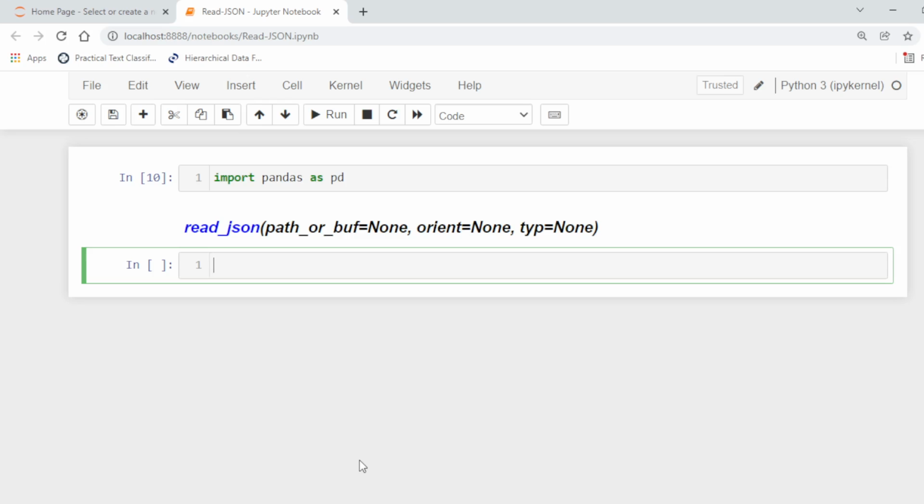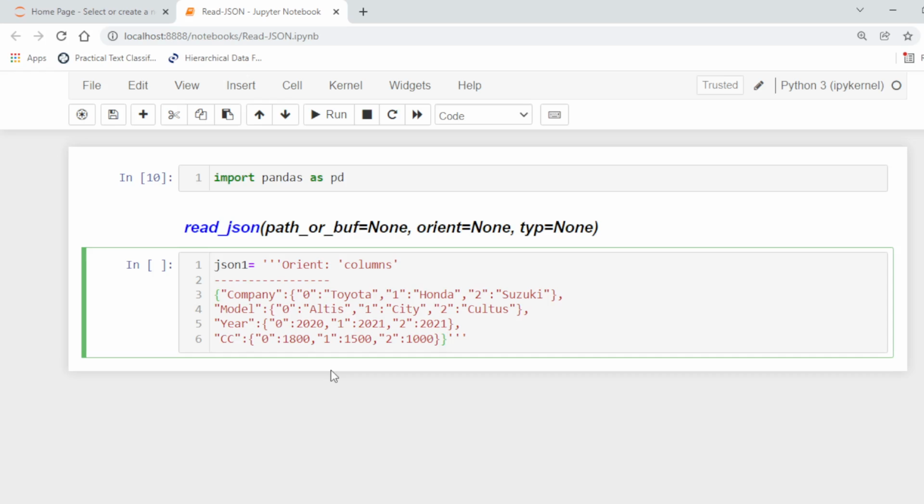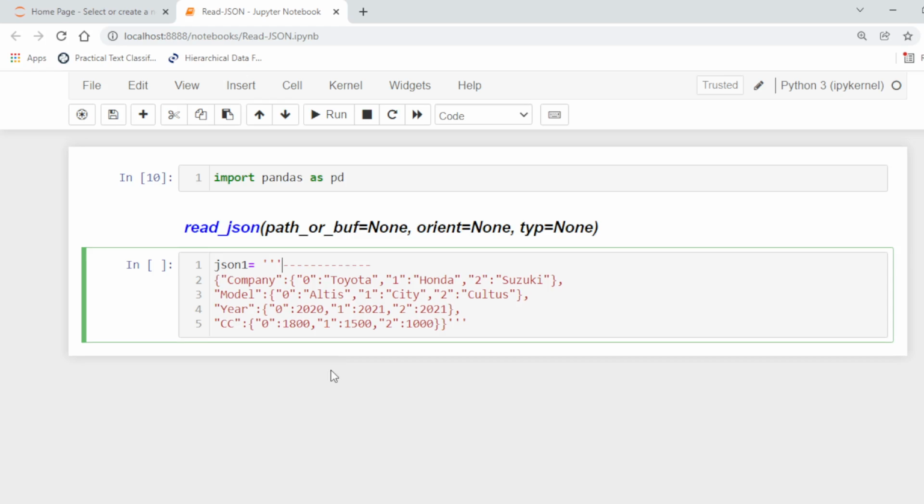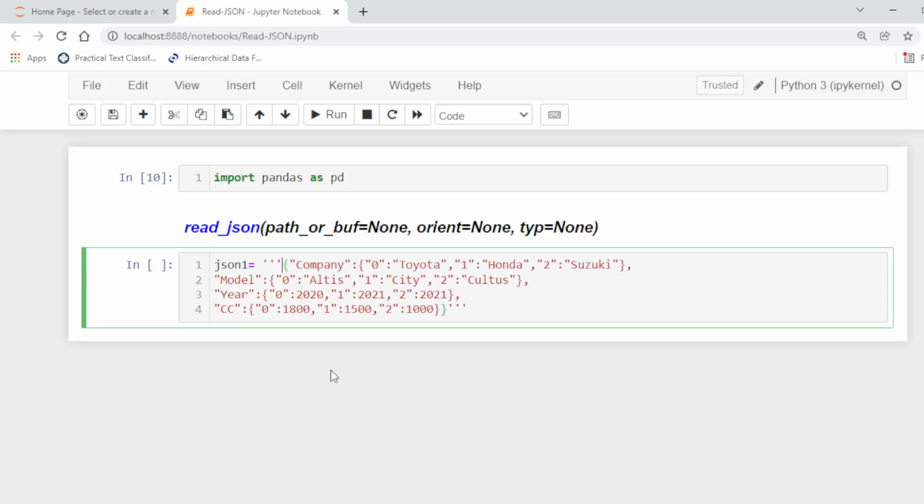So let's say this is our JSON text. So this is the expected JSON string.